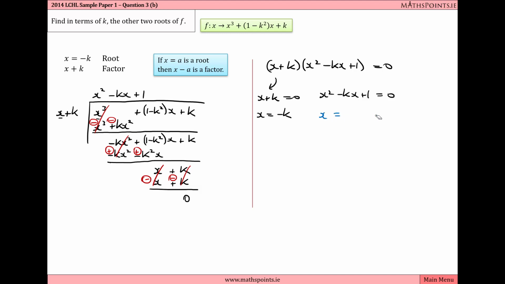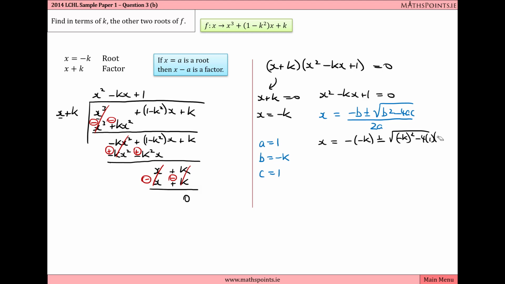So x is equal to minus b plus or minus the square root of b squared minus 4ac, all over 2a. a is the coefficient of x squared, which is 1. b is the coefficient of x, which is minus k. And c is the term independent of x, which is 1. So subbing these into the formula, we have x is equal to minus b, which is minus k, plus or minus the root of b squared, which is minus k squared, minus 4 times 1 times 1,